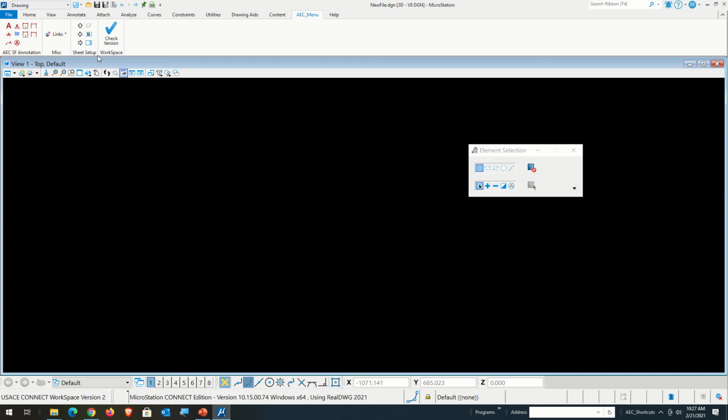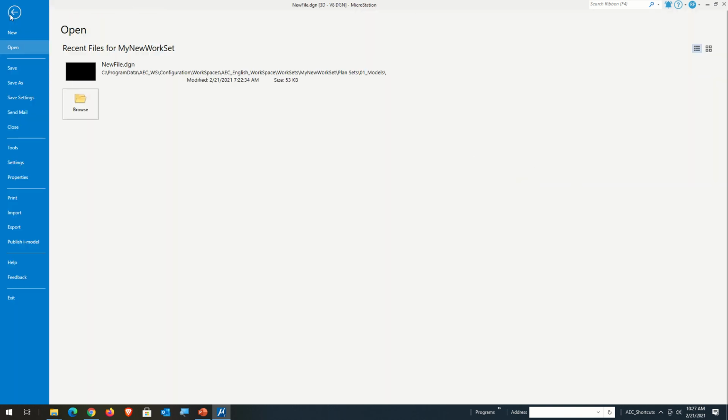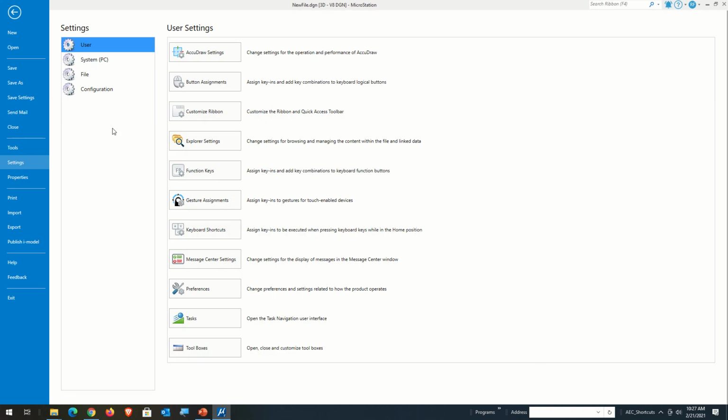But that's the AEC menu. Pretty simple. I'll probably end up showing you some customization stuff too that could make this a lot more useful. The important thing to know here is that the annotation area changes depending on what the units are on your drawing. So if I come over here to File, Settings,